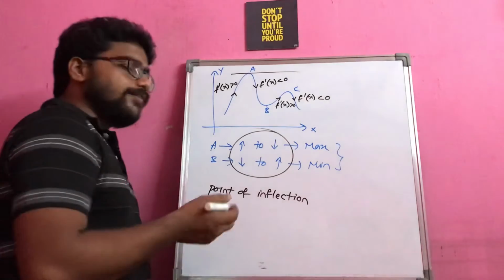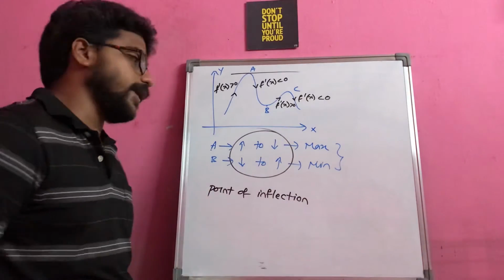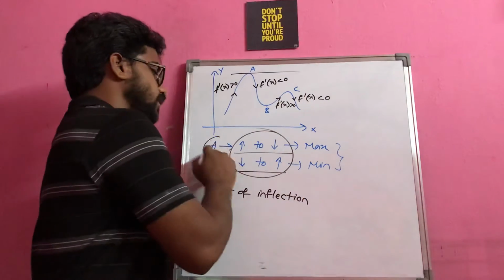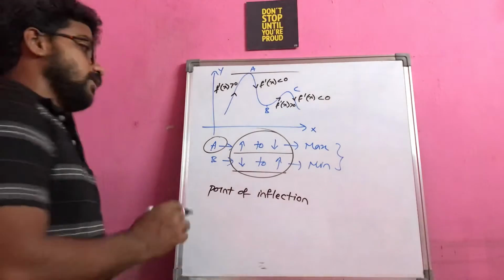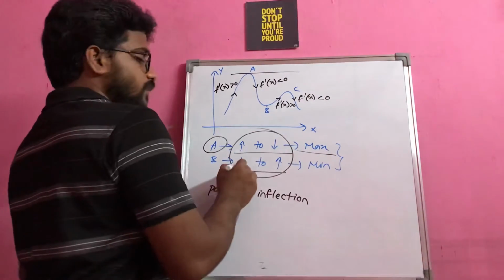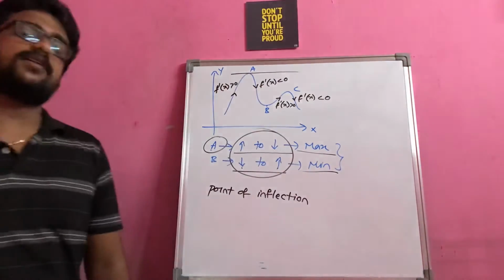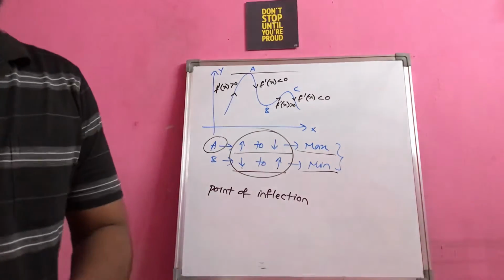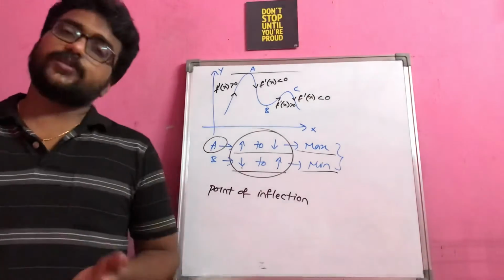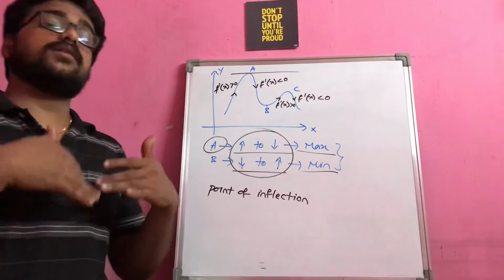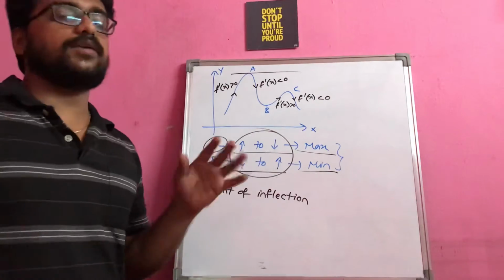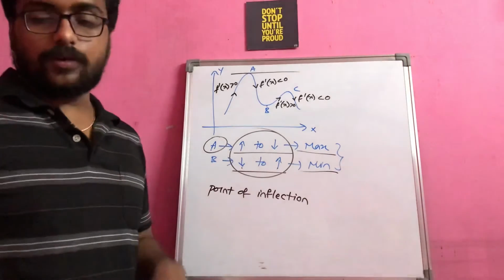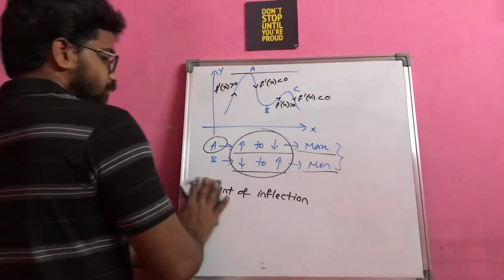Anyway, we will discuss a few questions now, and with that you will get clarity. But as of now, remember it this way: increasing to decreasing results in the maximum value. If it is from decreasing to increasing, it results in the minimum value. This is a very important concept that you have to remember, because instead of learning it as a new topic, try to learn it by connecting with the old topics that we are aware of. That will help you understand in an easy way. Okay. Now let us see a few questions.